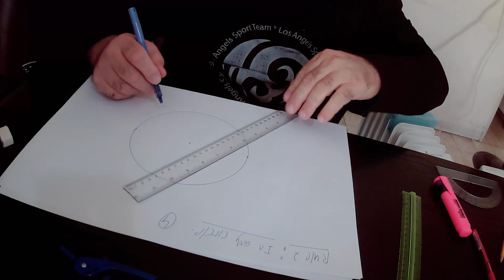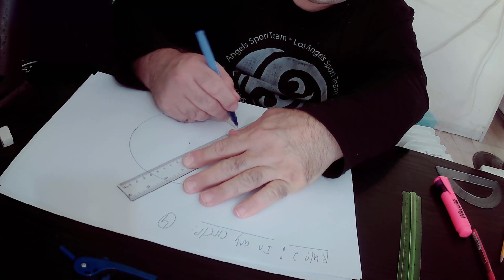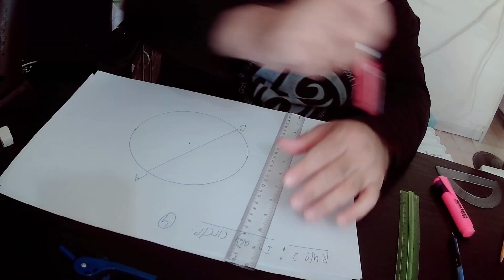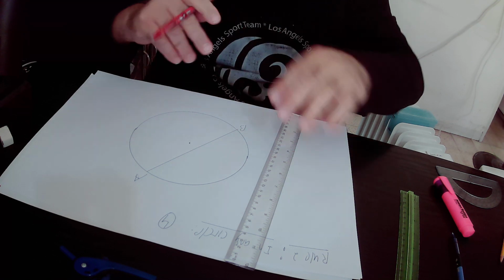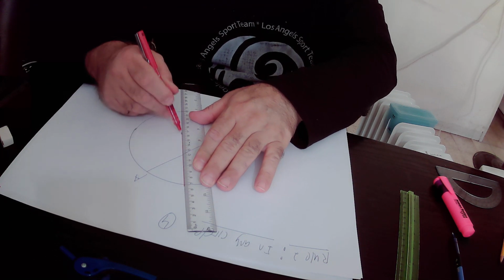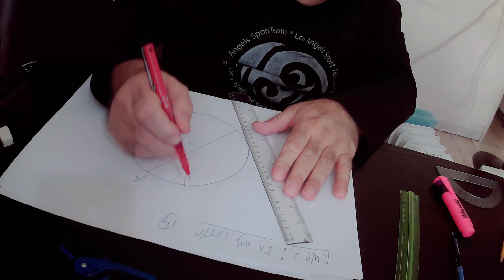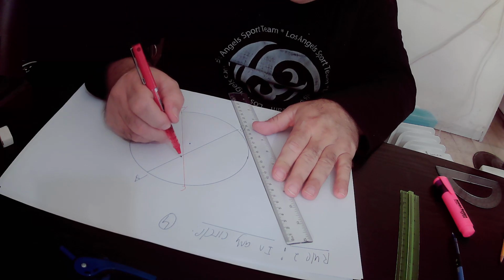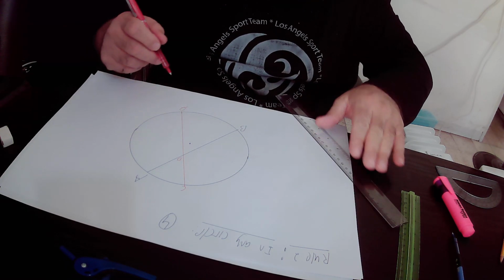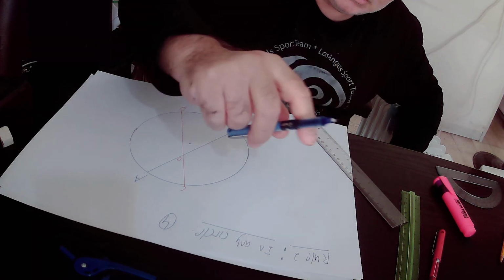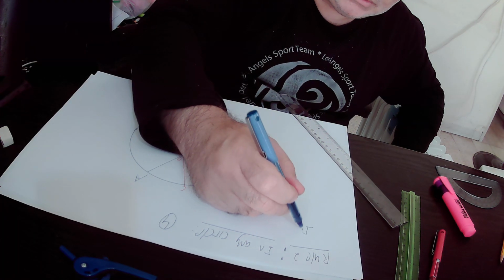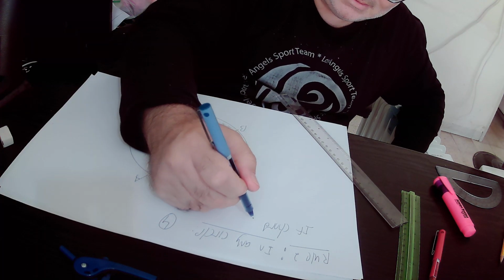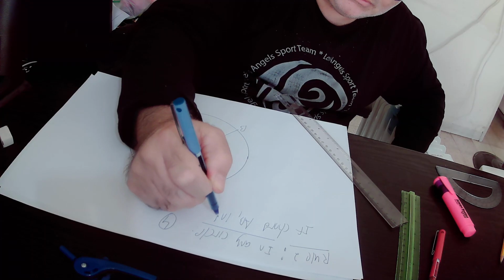In any circle, we have chord AB, this is called AB, that intersects with chord CD, this is called CD, the red line. The intersection point between those two chords is at point O, this point. So I write it down. In any circle, if chord AB intersects with chord CD,